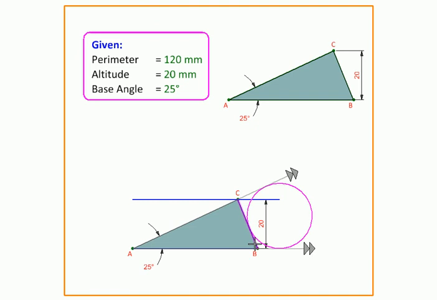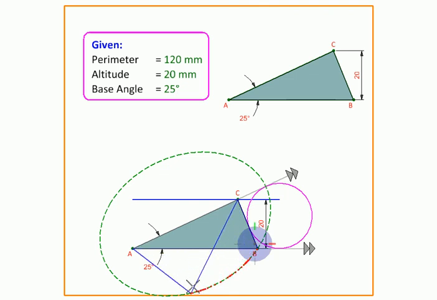So let's do that. Let's move this string fixed at A and C and having a fixed length, and we are getting a locus of points. Now we know this is like two pins and a string tracing an ellipse. So here is that ellipse, and we were tracing the locus of this ellipse. And then if we extend this base, it is going to intersect the ellipse, giving us an alternate solution for B, and that will form this triangle.